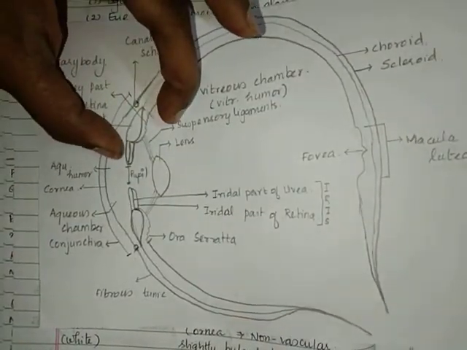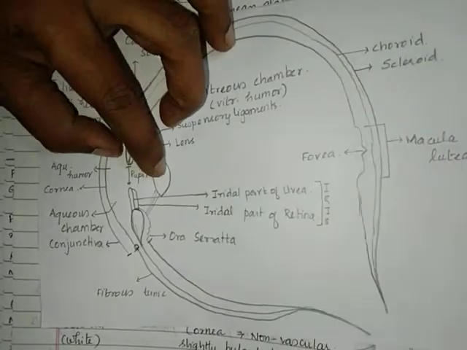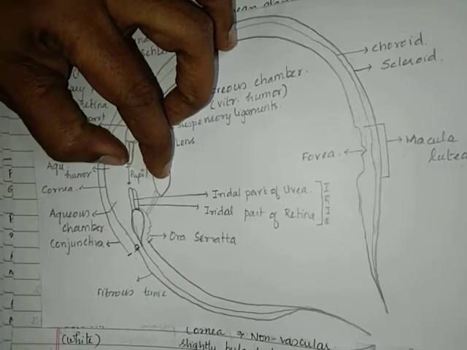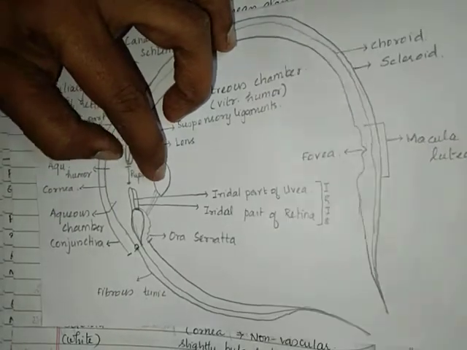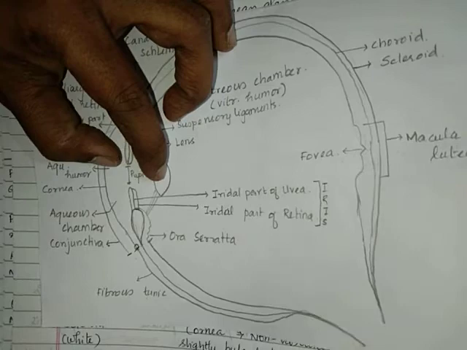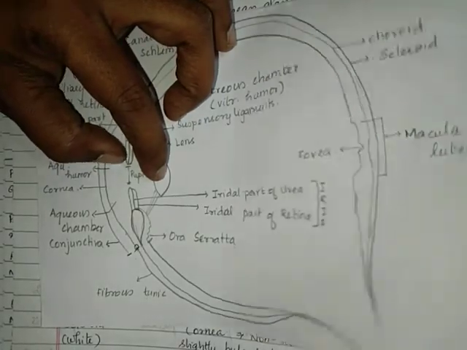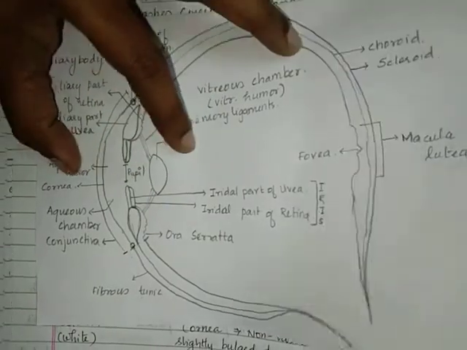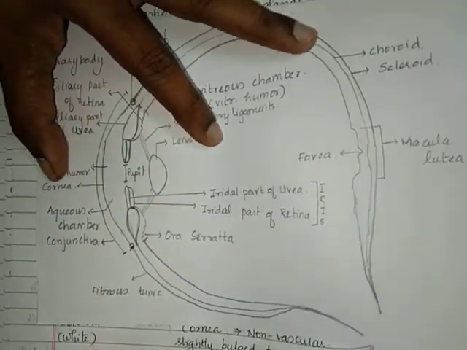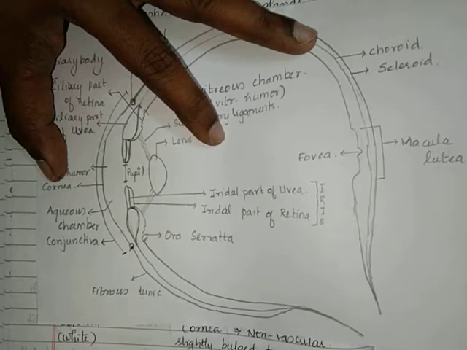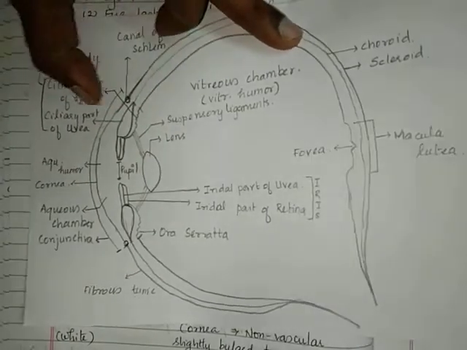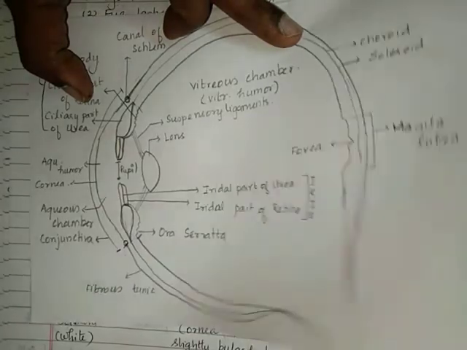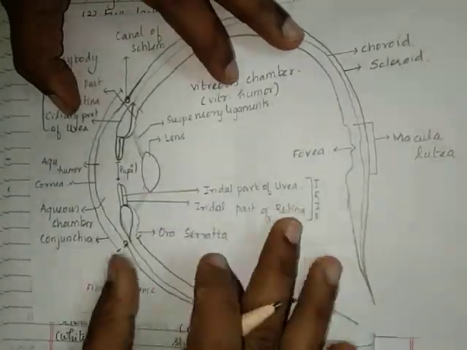It is a liquid that is going to give nourishment to the lens, to the iris and to the cornea regions. So the function of aqueous humor is giving nourishment to the lens and cornea region, and it is a perfect liquid which is produced continuously because it is giving nourishment. A small amount cannot be given, so it is in continuous production. The excess that is produced is drained outside through this canal of Schlemm. That is, it mixes with your tears and is used up.